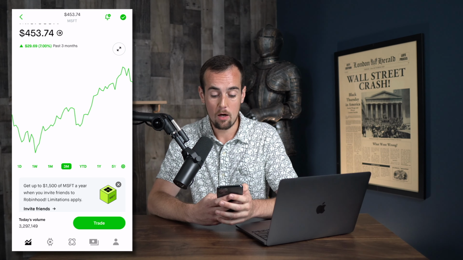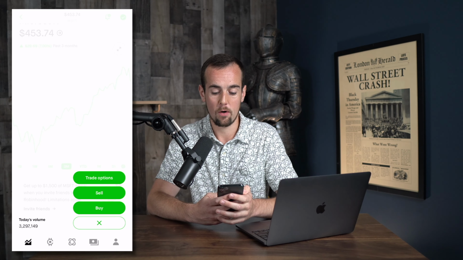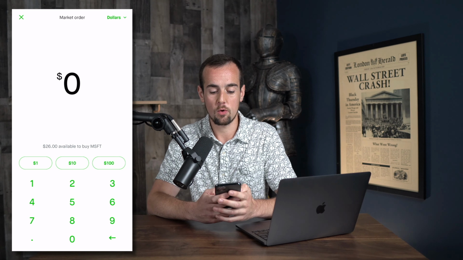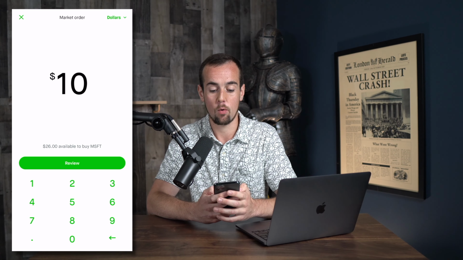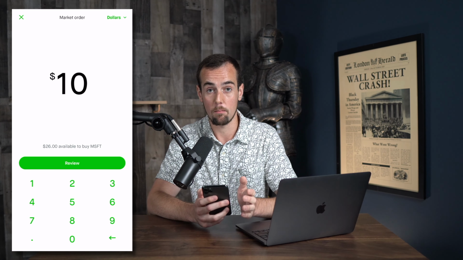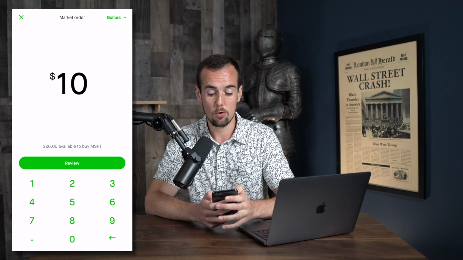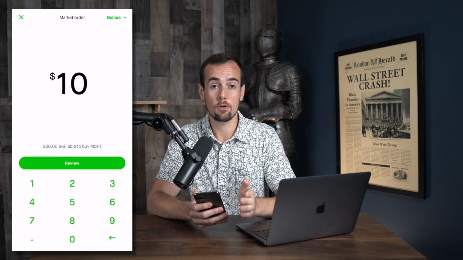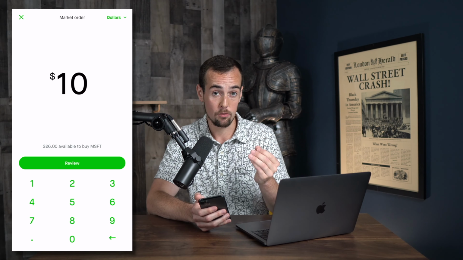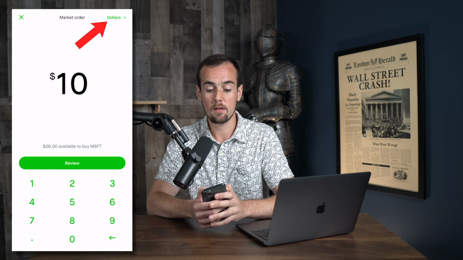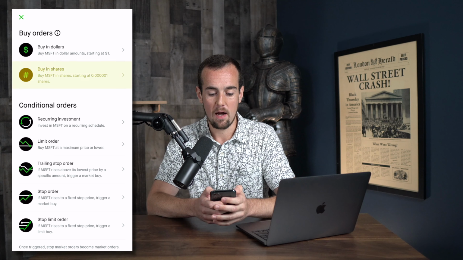But what we're going to do now is just click on the trade button. We're going to click on buy, and we're going to invest $10 at this point through a market order in Microsoft. Now, one other thing I want to show you here, if you're looking to invest in whole shares versus individual dollars that are fractional shares, you can click the top right and change this over to buy in shares,